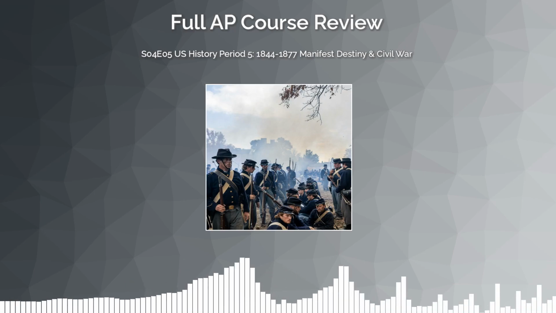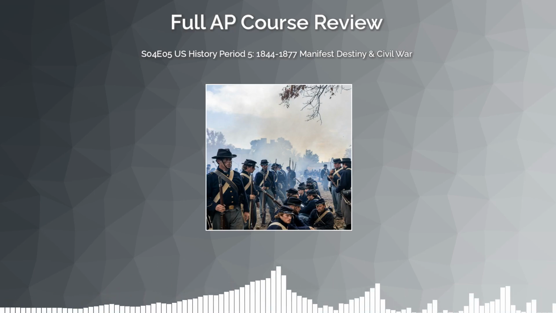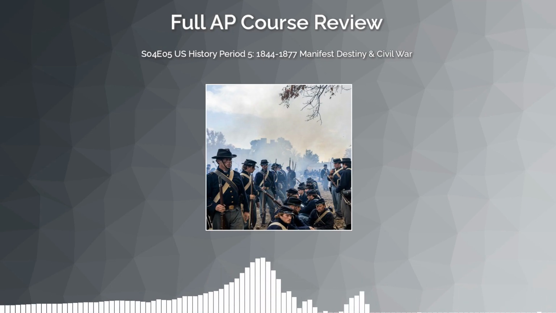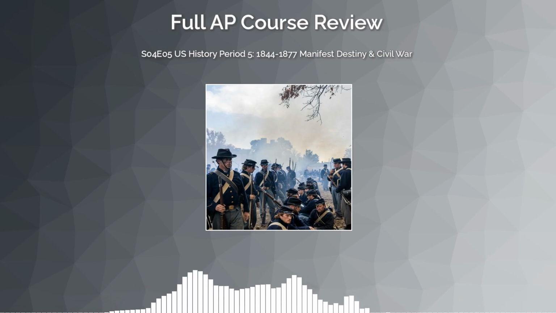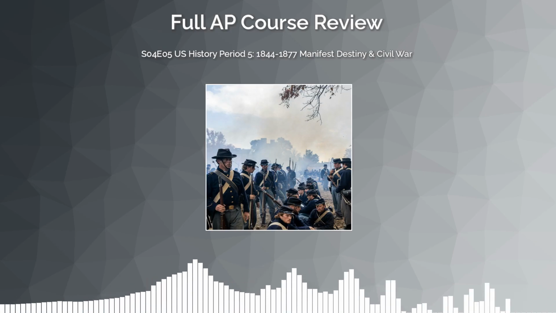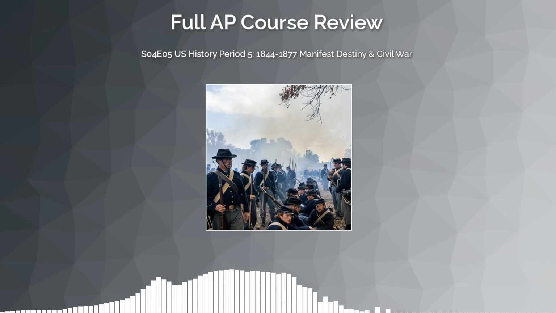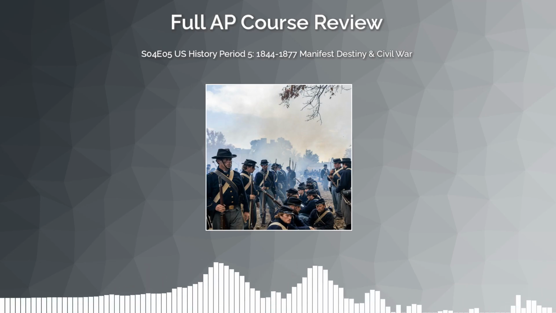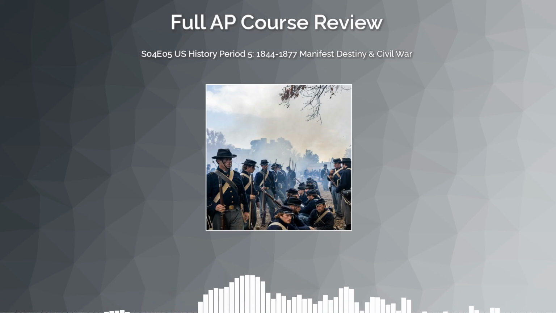Presidential versus congressional Reconstruction. The first thing you need to lock in is the fundamental tension between two competing visions of Reconstruction. Lincoln's 10% plan is relatively lenient. Once 10% of a southern state's voters swore loyalty to the Union, the state could rejoin and form a new government. Think of it as a forgive and mostly forget approach.